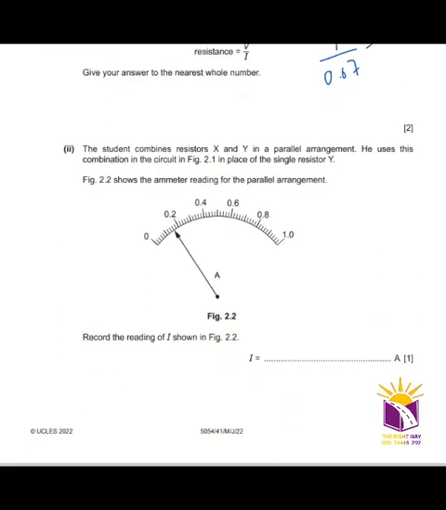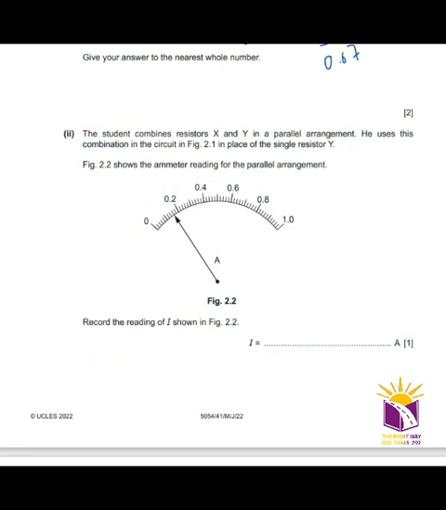The student combined resistor X and Y in parallel arrangement. He uses this combination in the circuit in figure 2.1 in place of the single resistor. Figure 2.2 shows the ammeter reading for the parallel arrangement. Record the reading I shown in figure 2.2. So from 0 to 0.2, the reading is till the 8th line, so multiply by 8 and divide by the total lines, which are 10. Total portions are 10, so 0.2 multiplied by 8 divided by 10 will be equal to